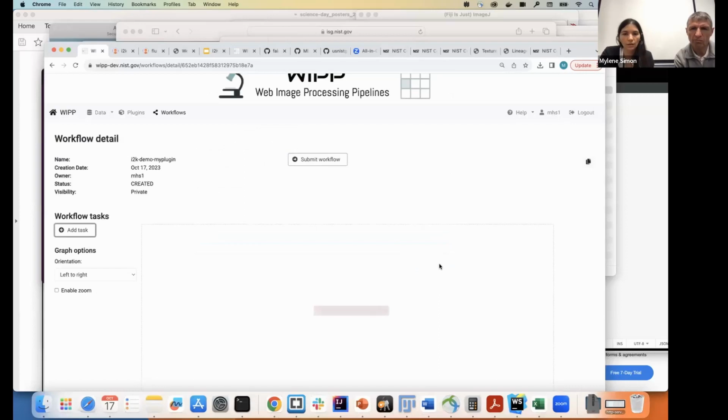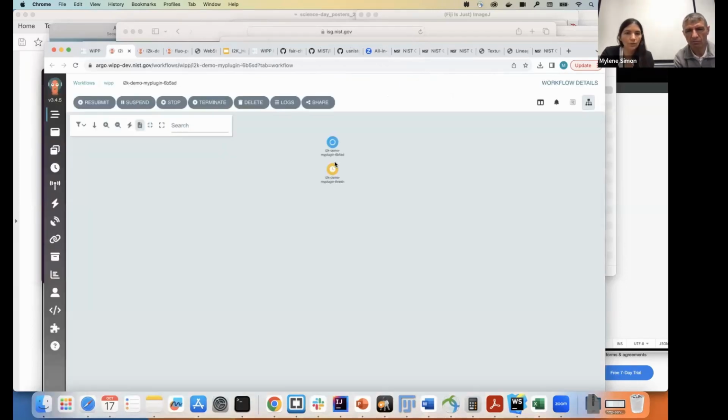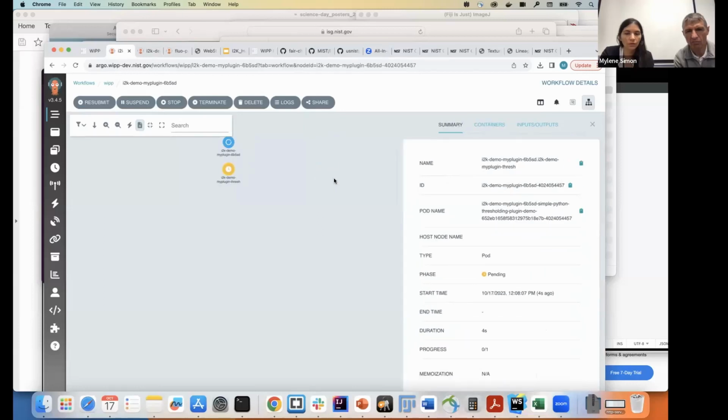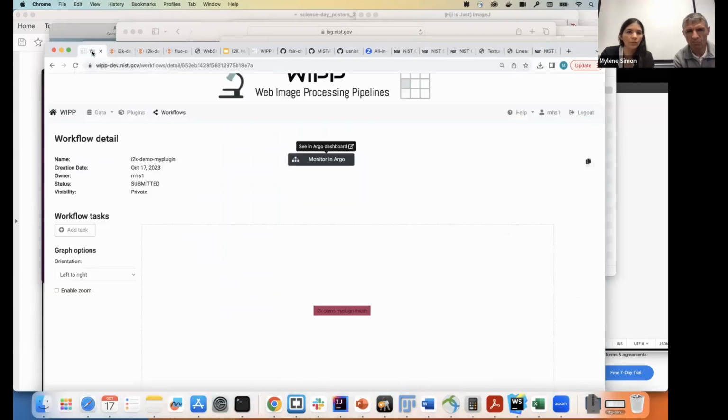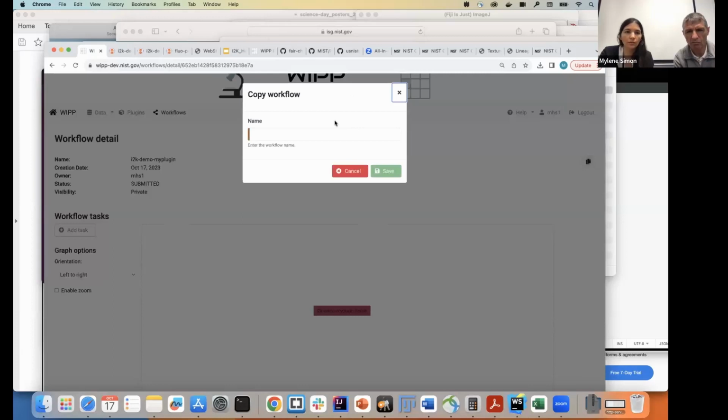So I can add this, I could submit the workflow and then monitor in Argo, and I can look at the execution. It will download the container from Docker Hub and then run it. And what I would want to do probably is to do the same type of workflow and add some visualization. So if I do the same one,